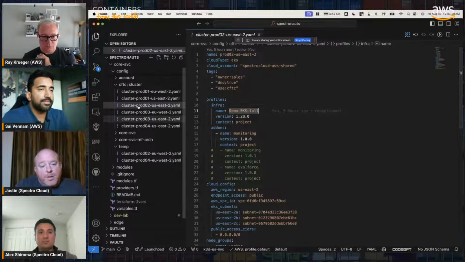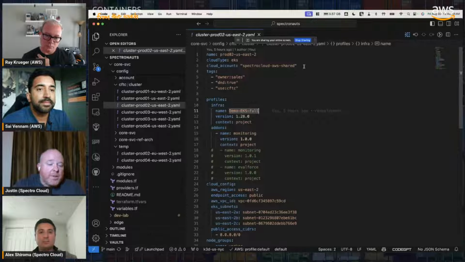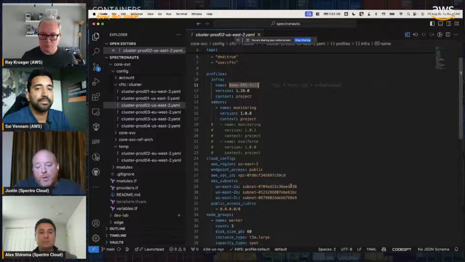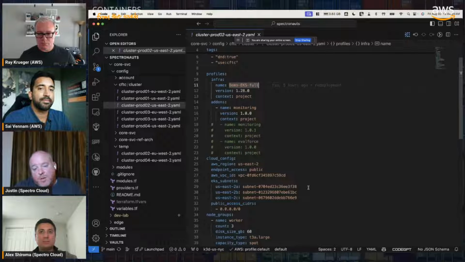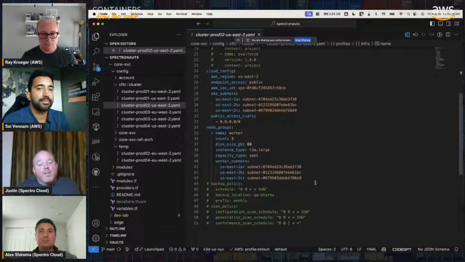But as you can see, I've got a number of files that basically just define what a cluster should be. So what's the name, any tags I want to provide, what's the cloud account. So in Amazon, I may have different projects for different teams, different cloud accounts for different billing units. And so I can define all of that within my code, along with my profiles and maybe any other additional configurations, like, do I want to put it in this particular VPC with these subnets? Is it public? Is it private? What's the node group size? And all these things. And then additionally, I can configure things like backup policies, and we can create a backup policy that backs up to S3 as an example to integrate a little bit further there.